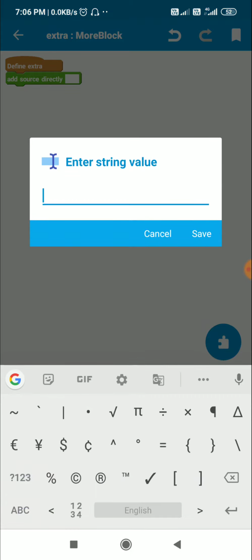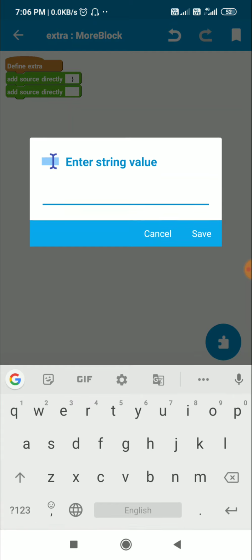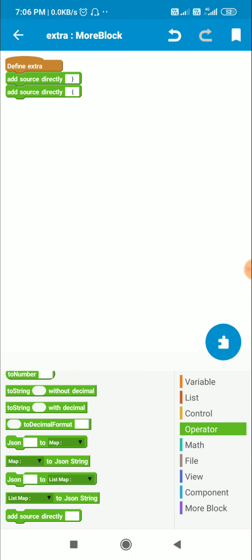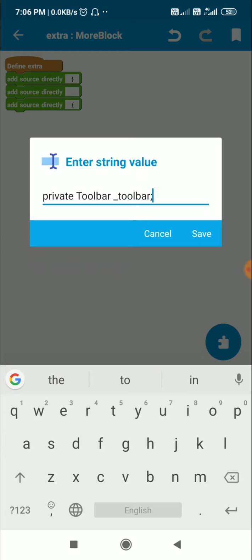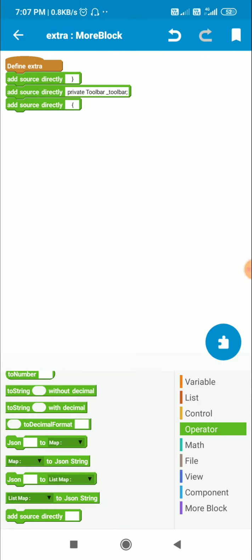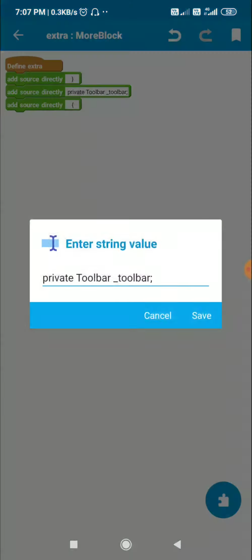First a closing curly bracket and then an opening curly bracket, so that everything I add will be outside this extra. Now here I will add private Toolbar _toolbar. Okay, and I will add the buttons also.